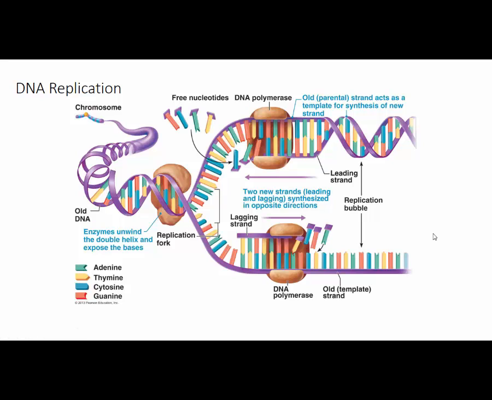So if this one here is adenine, then what nitrogen base would go here? Thymine. So we're just going to do base pairing, making sure the A's go with the T's and the C's go with the G's. And essentially, you're making a new strand on both sides. So the benefit of that is when we're done, we've got 2 strands, but each of those strands has a parent strand and a new daughter strand, right? Would you agree? If I look at this, if I unzip this, I'm making a new strand here and a new strand here. So I'm going to have 2 DNA molecules when I'm done, but each molecule has the parent